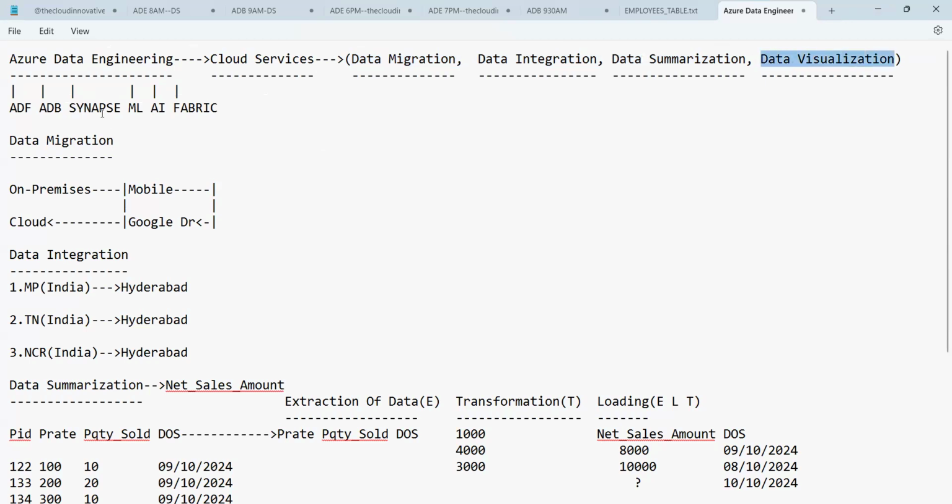But in Synapse we can also use all this, because Synapse has the feature of ADF as well. That means ADF can be integrated in Synapse. That's the reason we can use all the jobs here by using Azure Synapse.